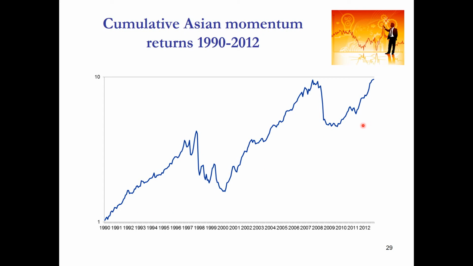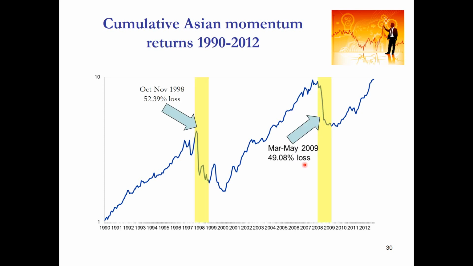We can see that the trend is significantly upward if you look at the general trend. That is, the momentum strategy was quite an effective investment strategy that generated a quite significant positive abnormal return across this time period. But one interesting point to note is that there are two distinct periods across the time series where the momentum strategy has quite significant drawdowns. You can see these two periods.